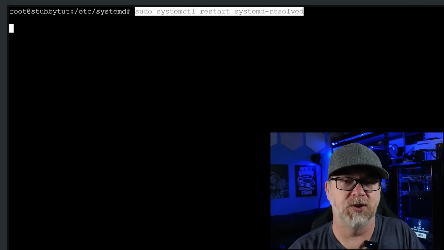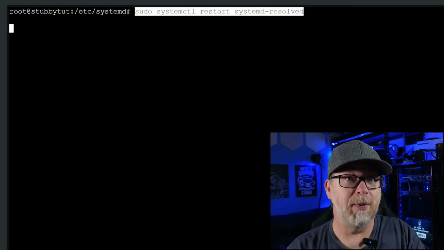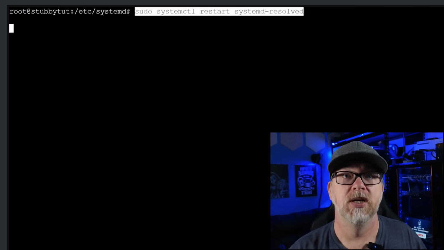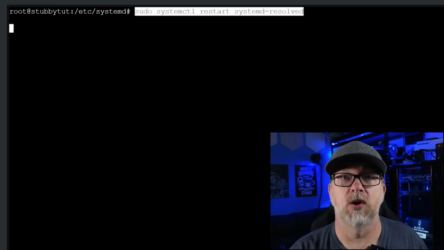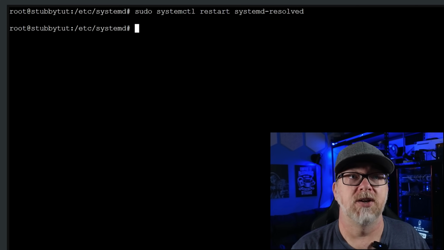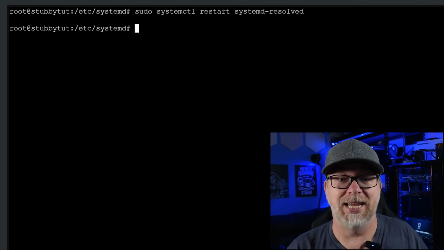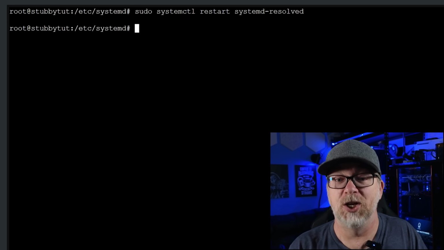as root, you don't need to run this. So if you're running it as root, don't worry about the sudo command right here at the beginning. However, you may need it if you're not logged in as root. We're just going to say, hey, restart this service. So we're going to hit enter. And now we're good to go. That's all we had to do in order to fix the DNS issues